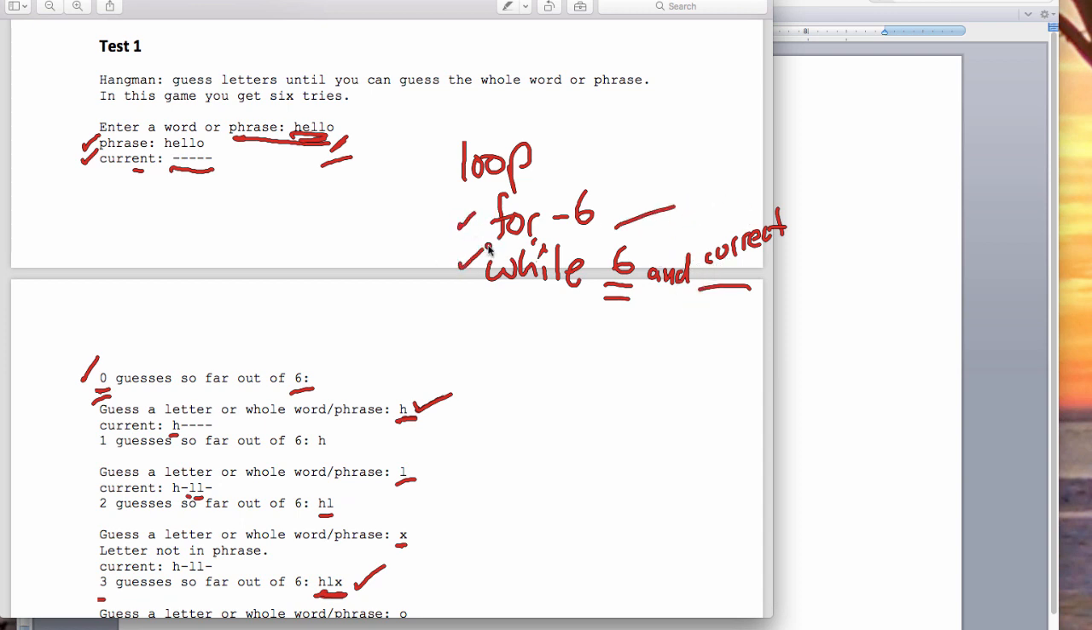So both of them work pretty well here. Really no preference because you have this 6. You can use a for loop on this. All right. What else do we have to deal with? Well,